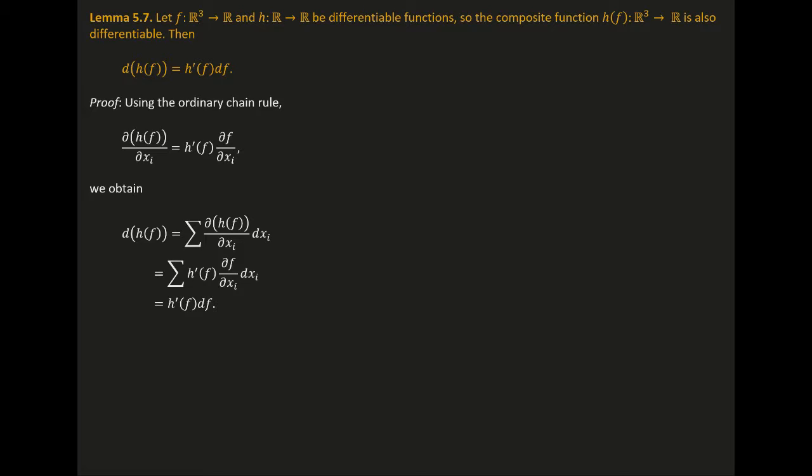We use the ordinary chain rule to obtain the coordinates of d of h of f. So partial h of f partial xi is h prime of f times partial f partial xi. That's just the ordinary chain rule. Then we obtain, by our earlier formula, the differential of h of f by writing it as a sum of the derivatives of components. Then we replace this partial derivative of h of f,